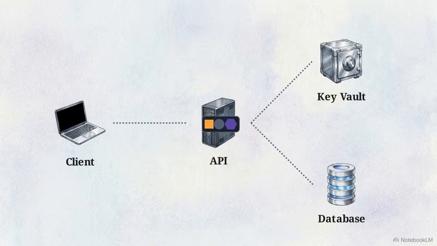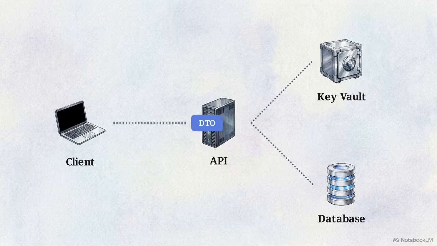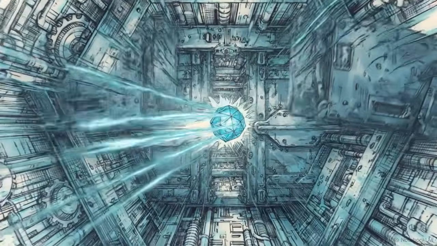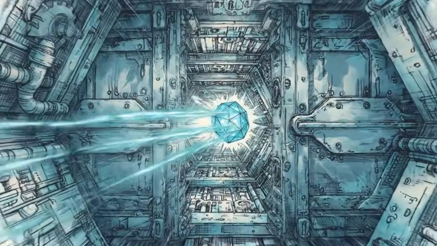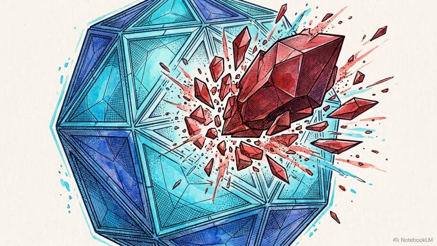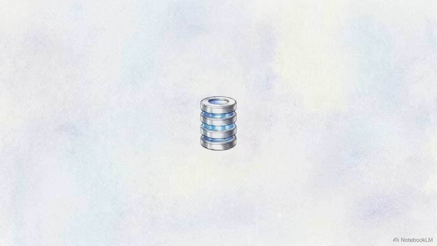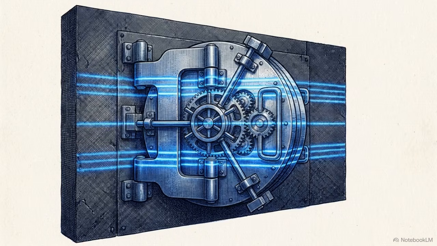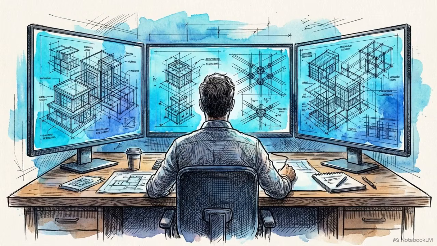Having safely queried the database, the fully shaped DTO payload leaves the API, traverses back across the network, and lands safely in the React UI state. Throughout this milliseconds-long journey, strict boundaries protected every layer. At the edge, the browser enforced CORS, while the client verified identity using a stateless JWT. In the backend, the strict sequence of the middleware pipeline blocked unauthorized access, and the scoped DI container isolated memory to prevent database corruption. And beneath it all, Azure Key Vault enforced zero trust authentication, ensuring the infrastructure itself remained